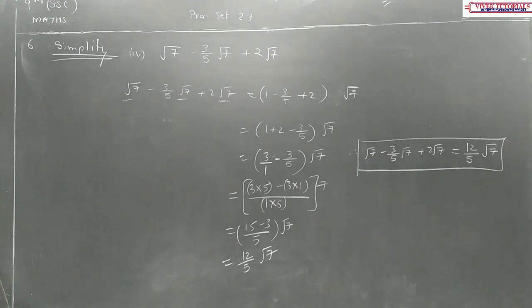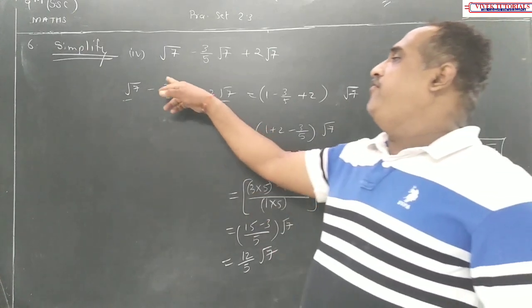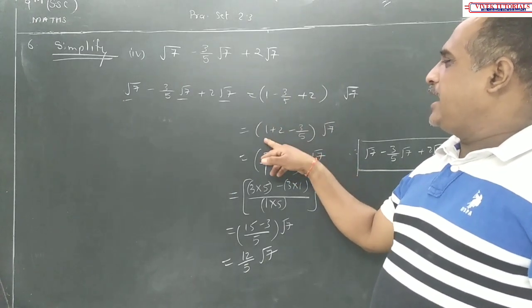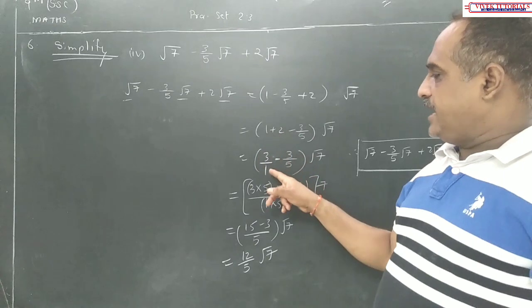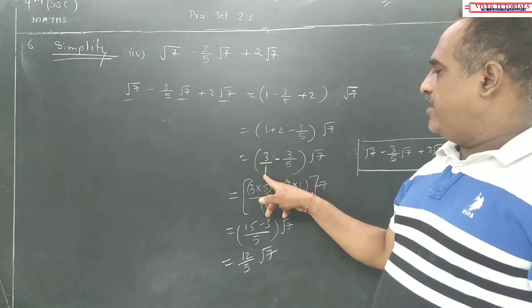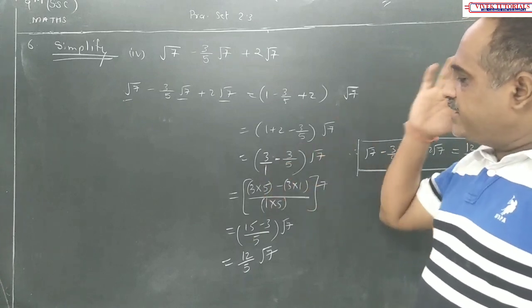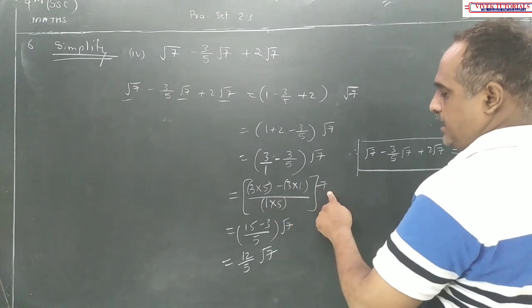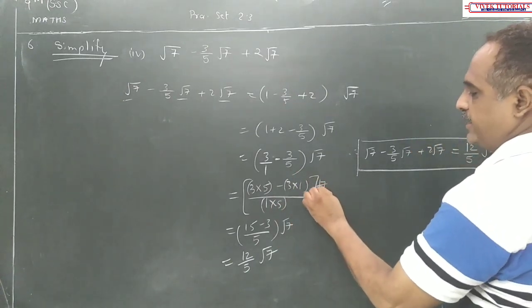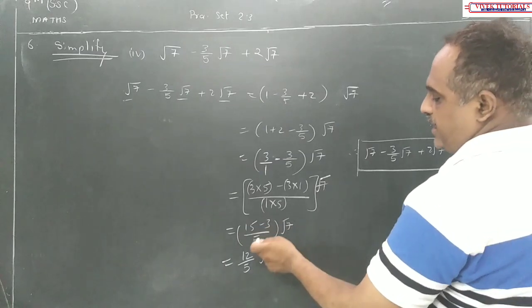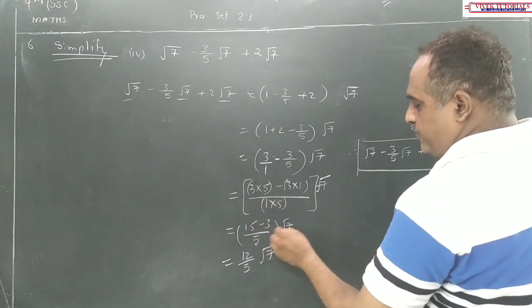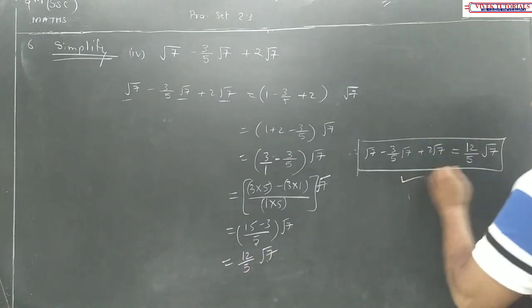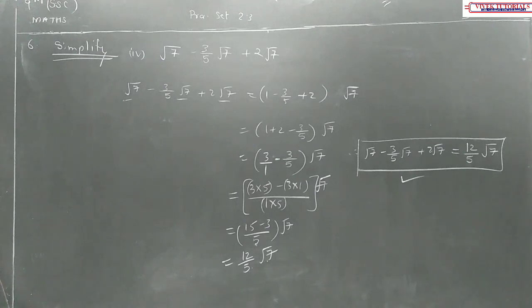Okay, so I think you understood it. In this case, only the value is in fraction. It is a real number which is in fraction. So 1 plus 2 we can take together. They are normal numbers. So 1 plus 2 is 3. But 3 has no denominator below it, so I have to take 1. It is 3 upon 5. When denominators are different, then you have to cross multiply it. 3 into 5, 3 into 1, 1 into 5 into root 7 actually. So what will happen now? 15 minus 3, the denominator became the same, upon 5 root 7. This becomes 12 upon 5 root 7. That's why the answer of this is 12 by 5 root 7.